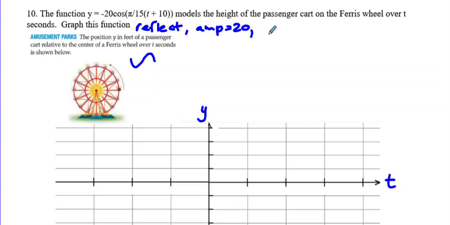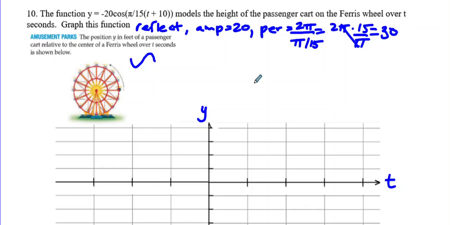The period depends on the b value, so the period is 2 pi divided by pi over 15, which is 2 pi times 15 over pi. Your pi's cancel, so your period is actually 30. No pi in your period. t plus 10 moves the graph left 10. Alright, so here's 30. That's my whole period. That puts this one at 15, 7.5, and